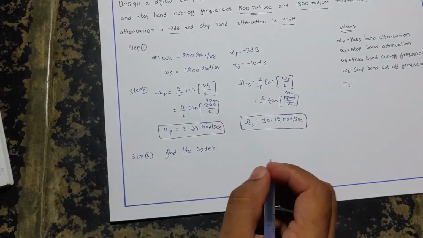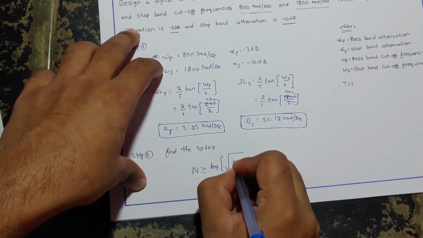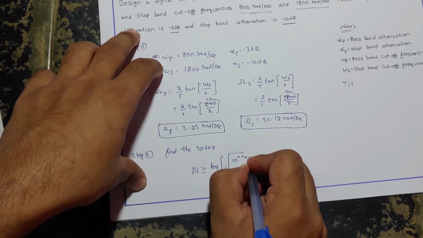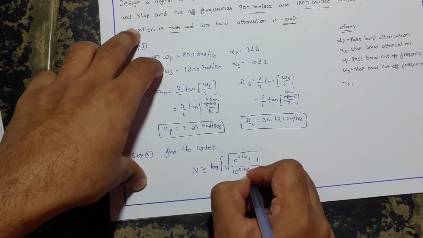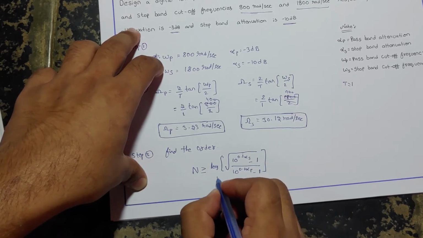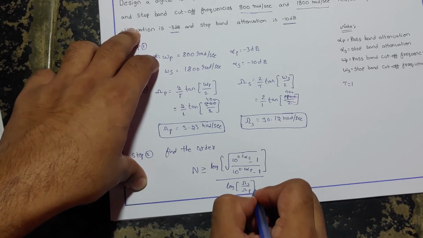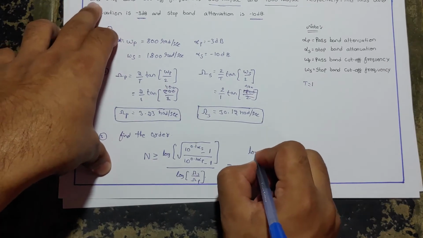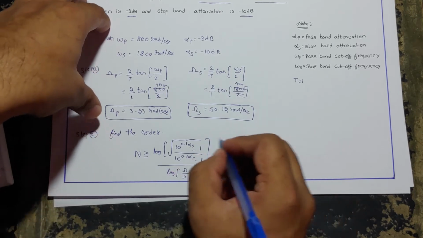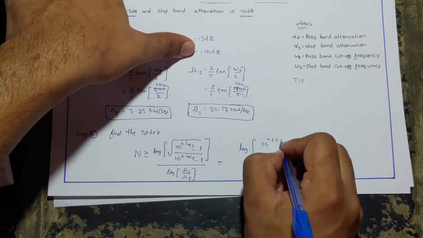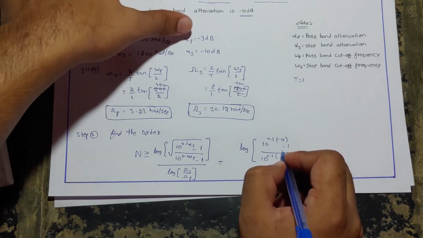That is, n greater than or equal to log of square root of 10 to the power of 0.1 stop band attenuation minus 1, divided by 10 to the power of 0.1 passband attenuation minus 1, divided by log of omega s by omega p, which is equal to log of 10 to the power of 0.1, where stop band attenuation is minus 10